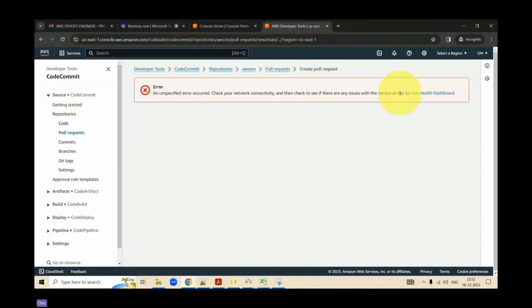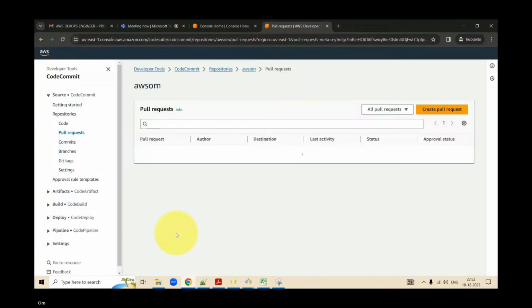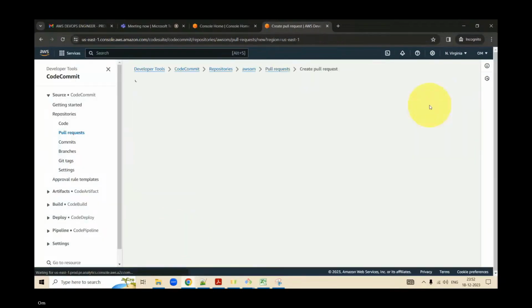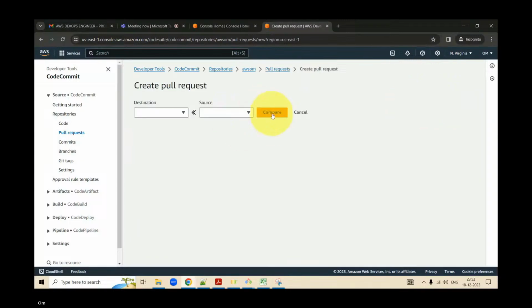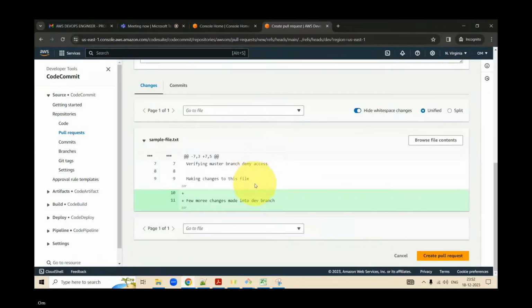Click on create a pull request. I think there's some maintenance going on for sure. Now the source is dev, the destination is your main branch. Compare. See, you got the changes.